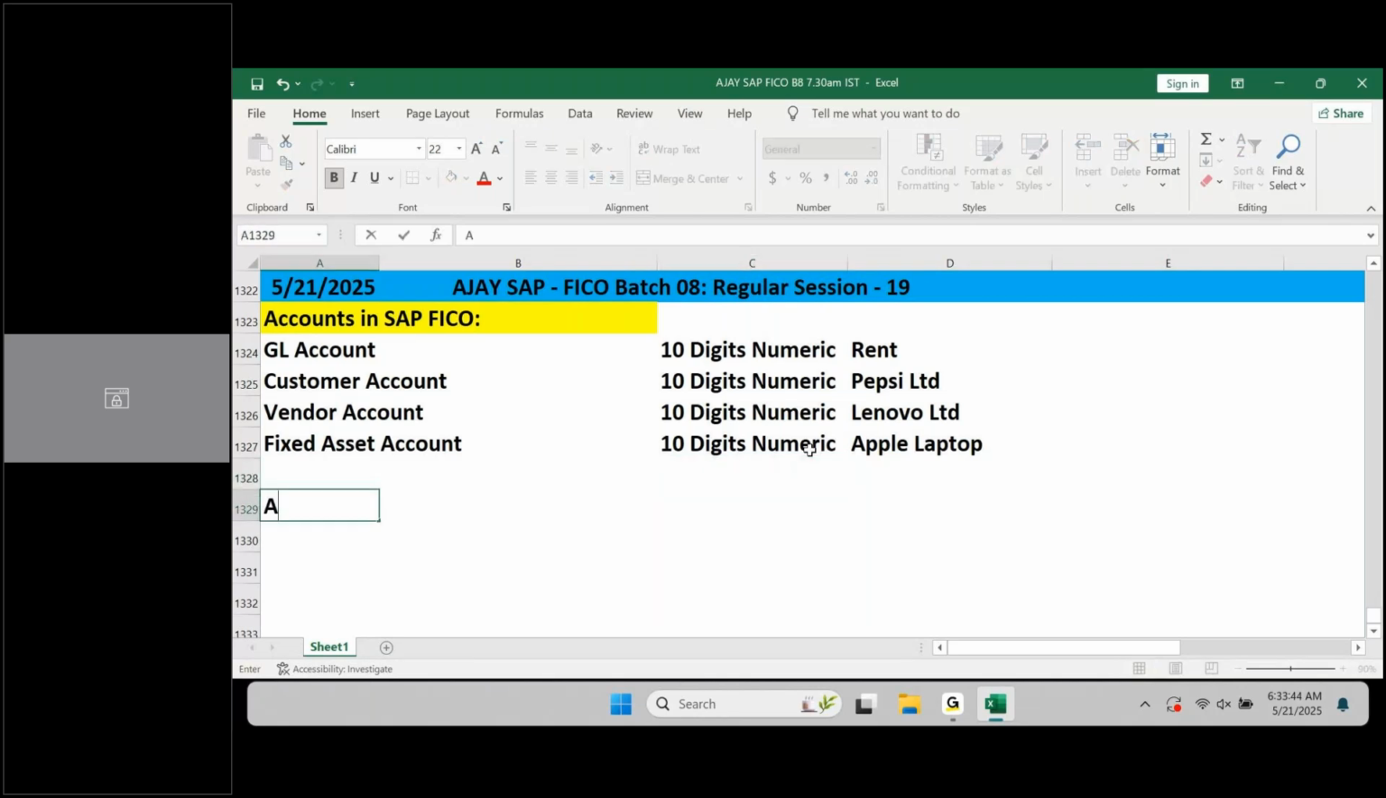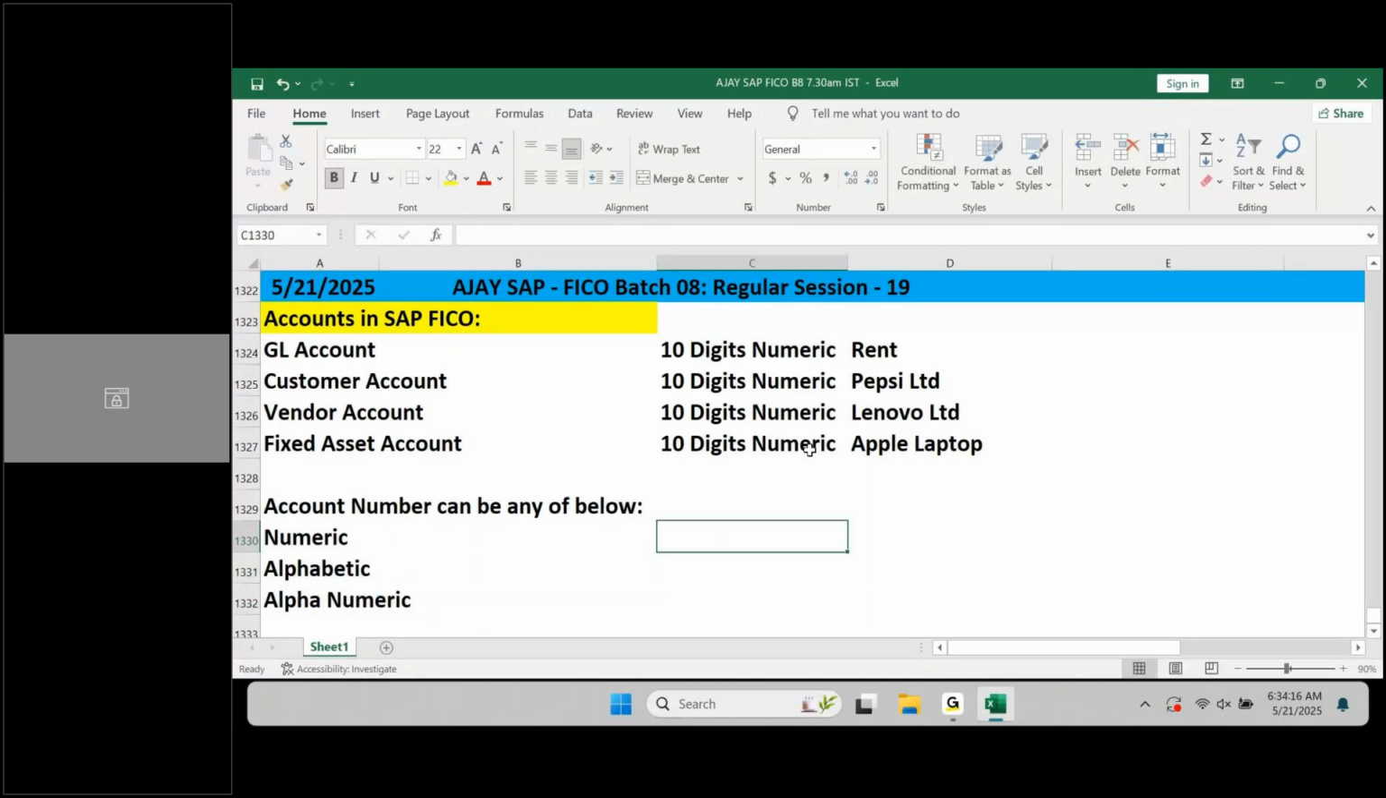Okay, your account number can be any of below. It can be numeric, alphabetic, and then what? Alphanumeric. When I say numeric, it is like 1, 2, 3, 4, 5, 6, 7, 8, 9, 10. Is this right? Yes, sir. Alphabetic means